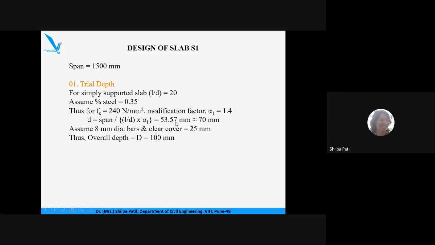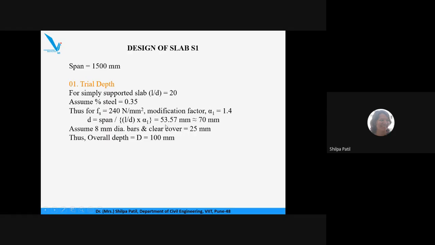Now you have already designed the beams, solved the problems based on design of beams. You have already calculated the effective depth value. You can just recall any problem, say design of a simply supported singly reinforced beam. In that case, our depth value normally comes equal to say 100 mm or 90 mm, like that. And you can observe here what is the depth of the slab required. It is just 53 mm.